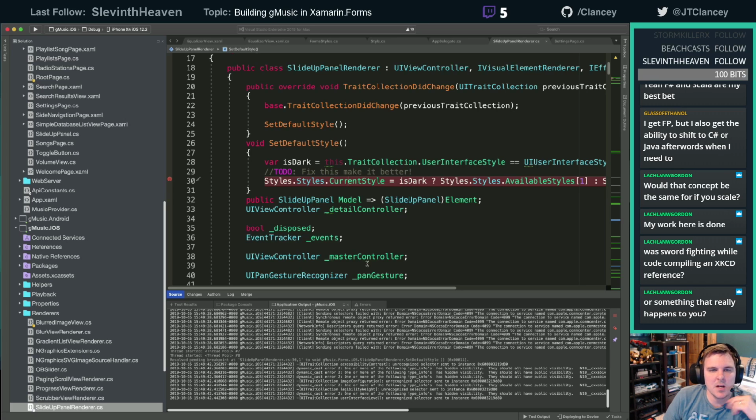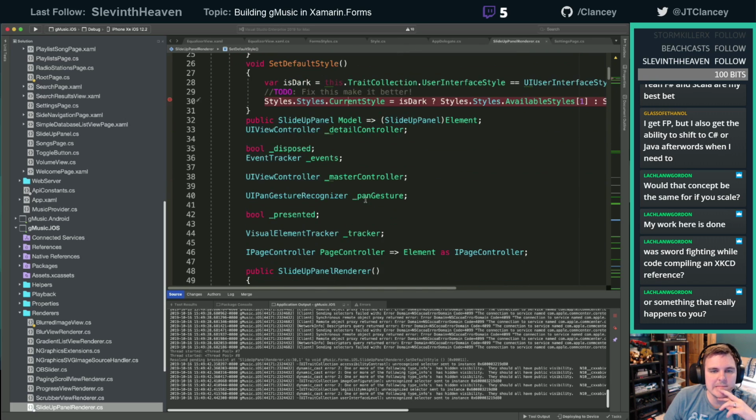Actually, that's not quite right. Because what if they manually choose the dark mode and they always want dark mode? Now I'm switching on it. Yeah, I should be able to respect the OS version. I can even ditch my selector if I have the OS version, if you're on iOS 13.